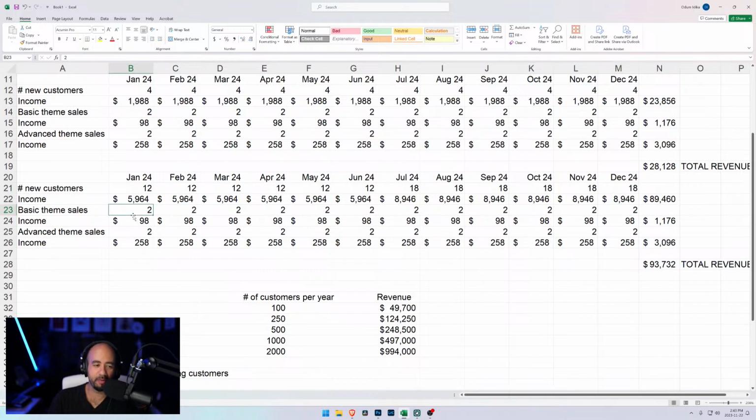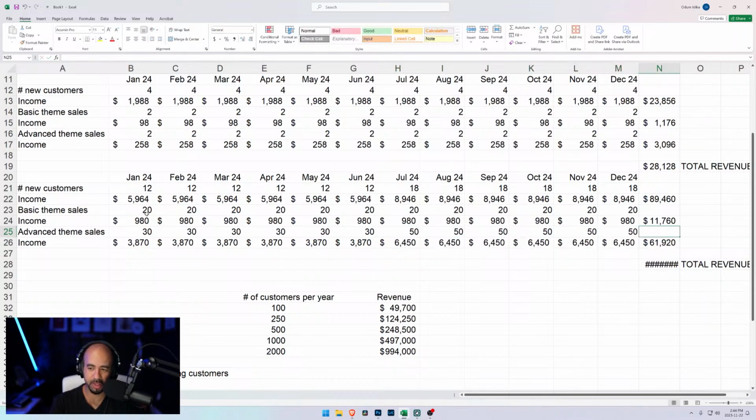Like, okay, now we're marketing our themes, and sales are skyrocketing, tenfold, right? So then we say we're selling 20 of them, almost one a day, basically. But then maybe the premiums are really taking off, and we sell almost one a day on those ones too. So we sell 30, right? And then come July, that just skyrockets, where we get 50 sales a day, just because we're constantly releasing new ones.